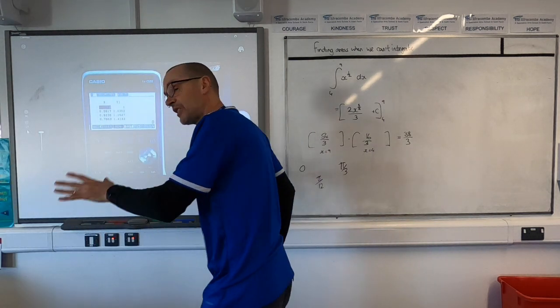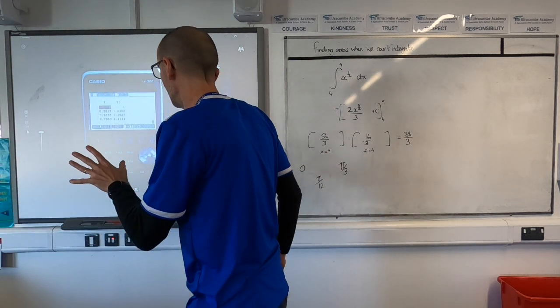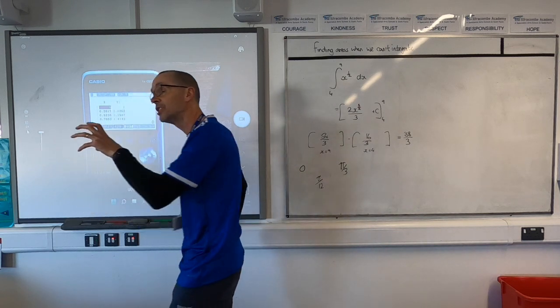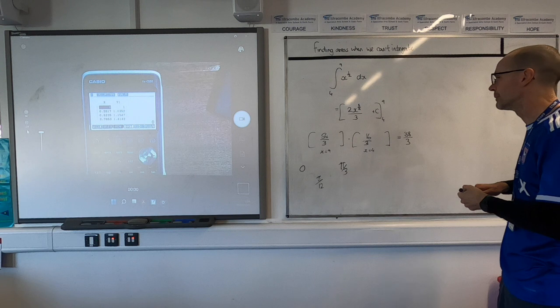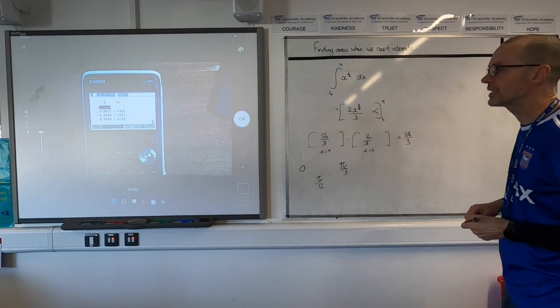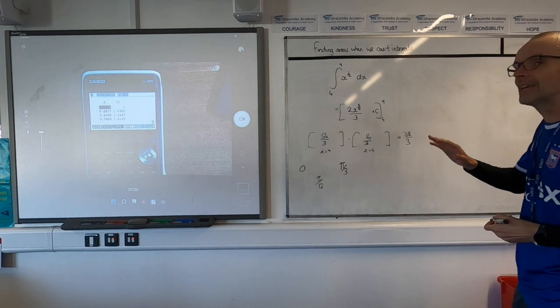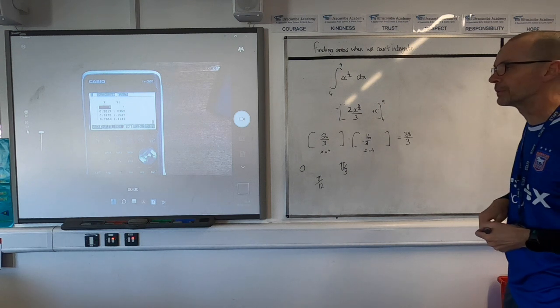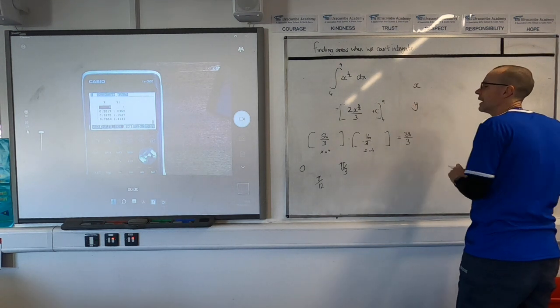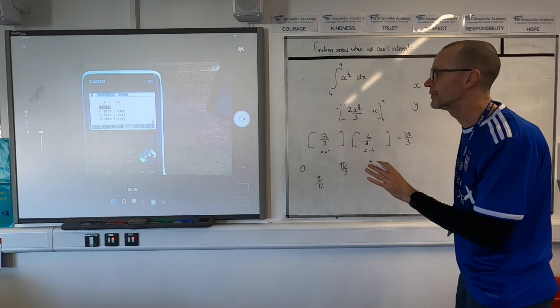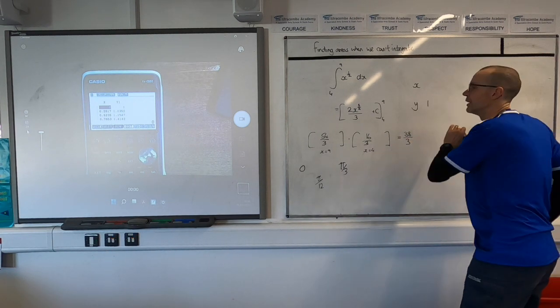Now we're estimating, aren't we? So this is one place where, in general, we don't use exact values and our calculator memory. Every question in the textbook gives us a number of decimal places. So let's work to 4 decimal places and record those y values. So the y values are 1,